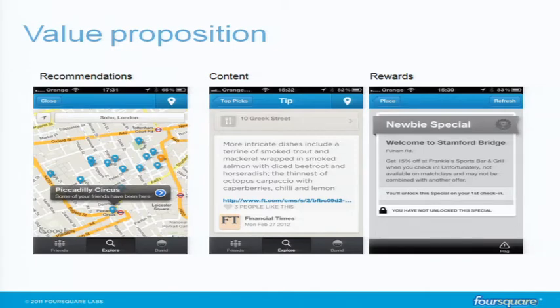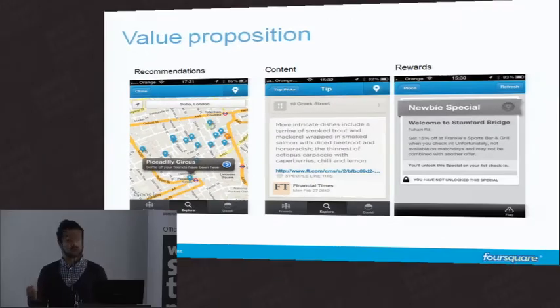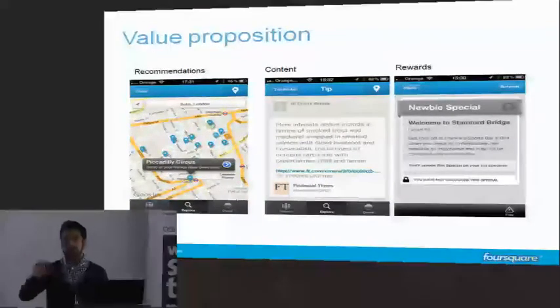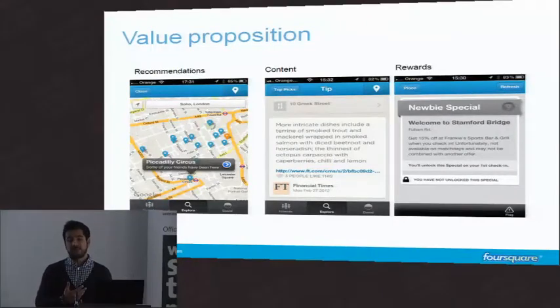But brands can also gain mindshare in places where they don't have authority otherwise, right? The History Channel, for instance, getting really excited about leaving tips at historical places and thereby gaining mindshare in a place like that. It's a TV channel. It's not something that should be front and center when I check in at Big Ben or near Big Ben, but it gains this mindshare, which is really exciting. And I'll give you some examples of travel brands that have done this.